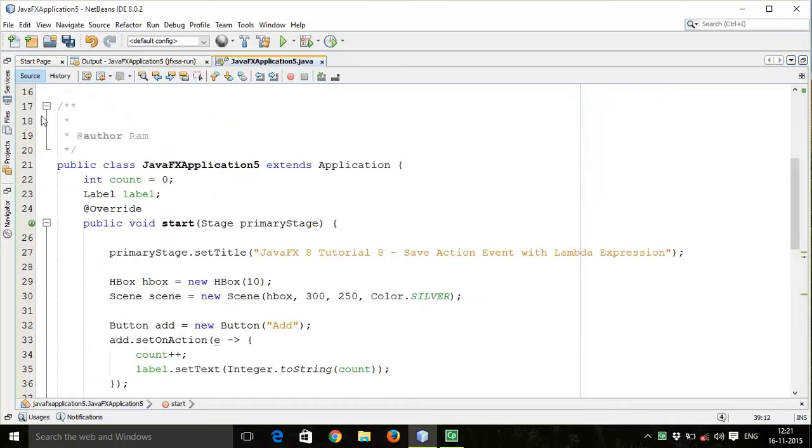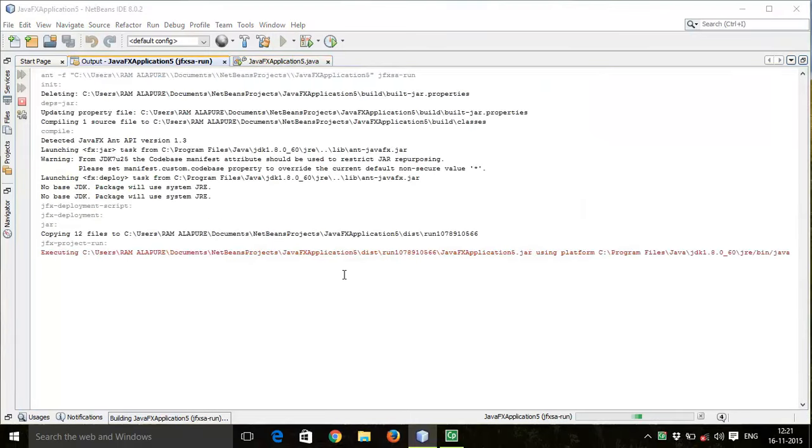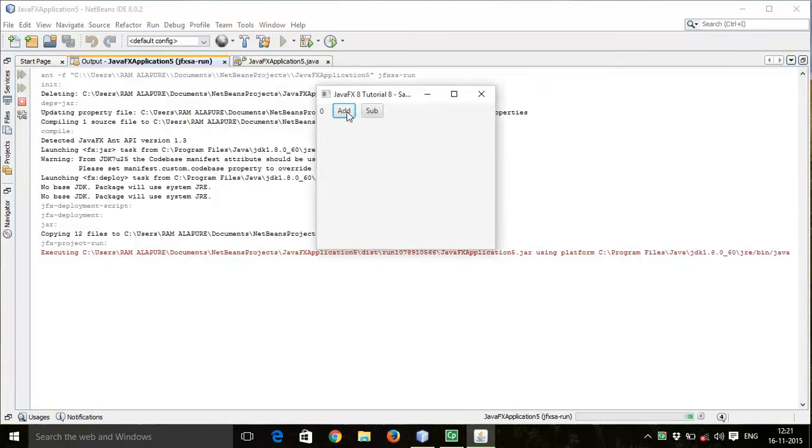Now save this and run. Now click on it. So it's working. So this is the simple example of increment and decrement operation, and we are showing the result on this label.